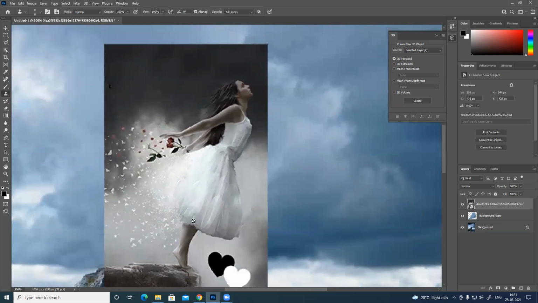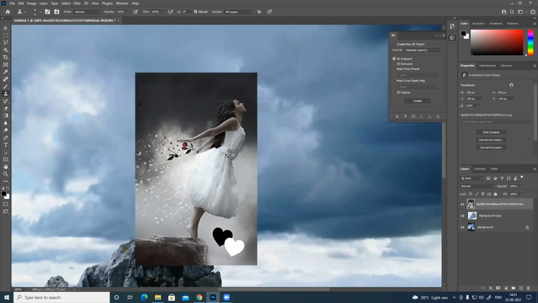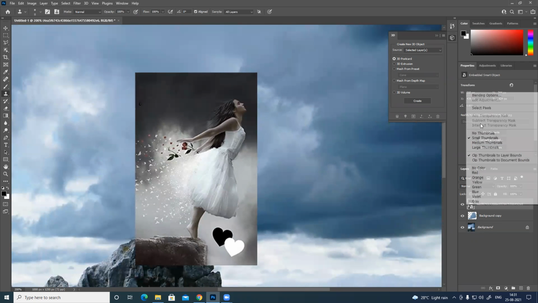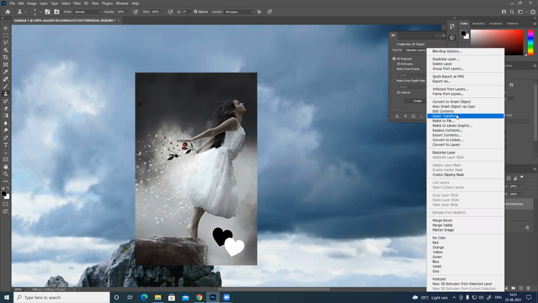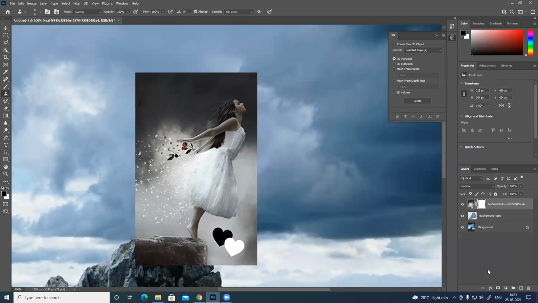You can see colors are entirely different in both the images. I can rasterize the image, or I can keep it like this. That's also fine. I just need to apply a mask and remove everything.